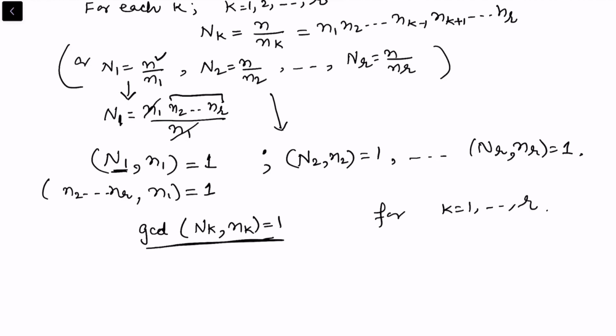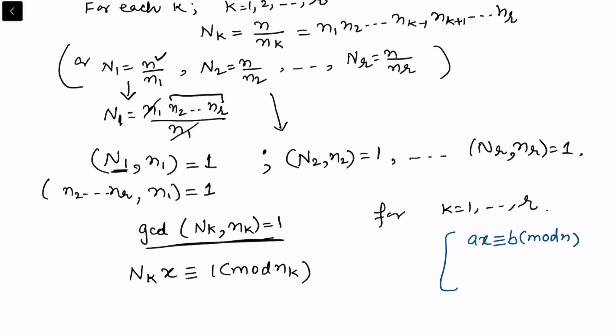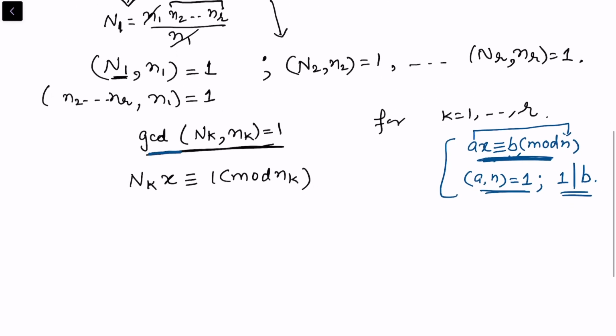Now once we know that the GCD is equal to 1, we can write down the corresponding linear congruence. So we have Nk x is congruent to 1 modulo nk, because we have done in my last video that a linear congruence ax congruent to b modulo n has a solution if the GCD of a and n divides b. And if we know that the GCD of a and n is equal to 1, then definitely 1 divides b and it has a unique solution. So if it is 1, this linear congruence is always solvable. So now we are using the same fact. We have said that the GCD of this is equal to 1. So we constructed a linear congruence and we know it is possible to find a solution for this.